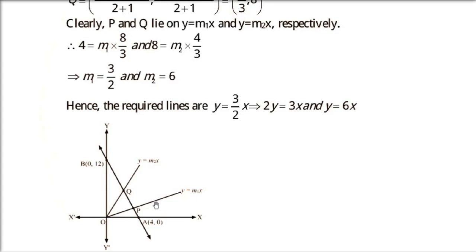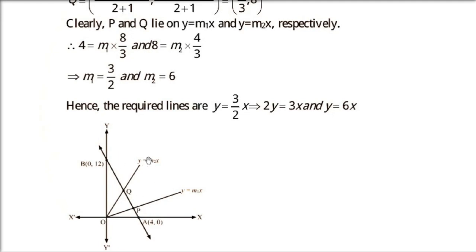Now it is also said in the question that both lines go through the origin. So we are taking the equations as y equals m1x, y equals m2x. Now there is a given line which is 3x plus y equals 12, which is intercepted between the axes of coordinates. So this is the line which we are talking about. This is between the coordinate axes and these are two lines which are trisecting the original line, 3x plus y equals 12.